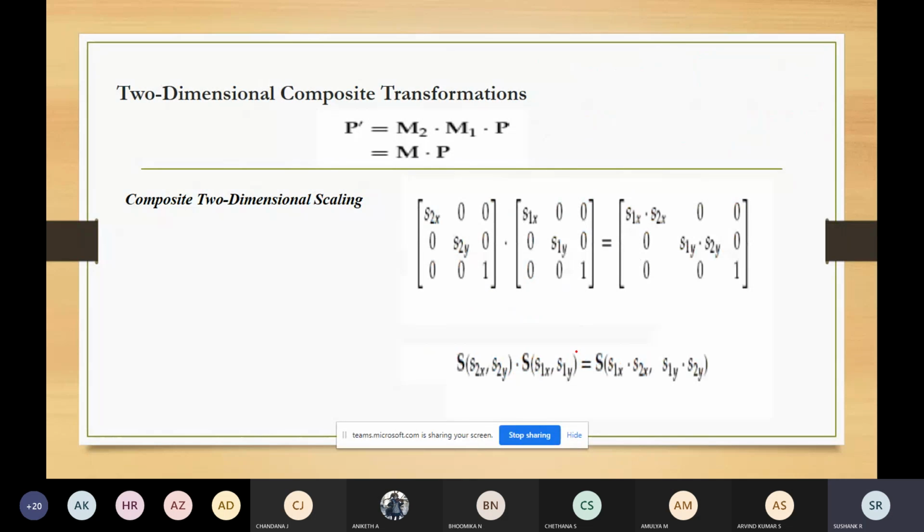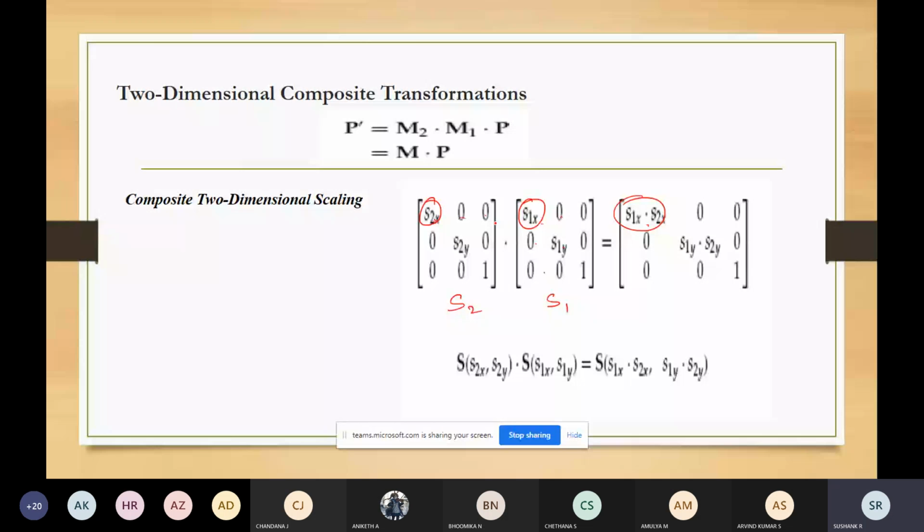If you take an example of scaling also, if you want to perform two successive scalings, instead of doing it separately, you just get the result, which is nothing but the product of those two scalings. These two equations, this is individual scaling S2 and this is individual scaling S1. So these two can be combined. The x terms of S2 and S1 can be combined, and the y terms of S2 and S1 can be combined. So this is also matrix multiplication: S2 into S1 plus 0 into 0, then S2 into 0, 0 into 0. So it is matrix multiplication only.